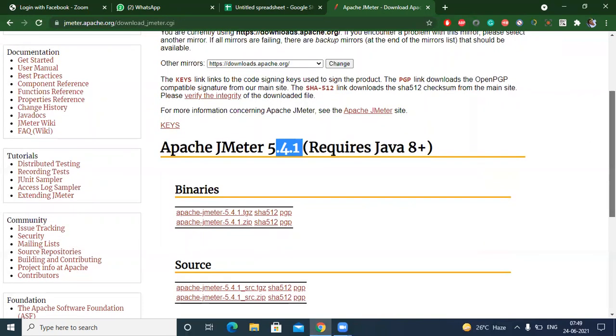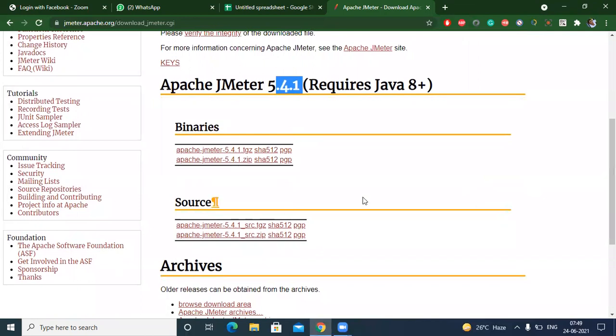And you can see we have two folders, binaries and source. Binaries means it's executable. If you want to use the tool as it is, you can use the binaries. But if you have a new requirement, some custom thing, and you want to customize the tool itself, not the code which I mentioned earlier, this is the tool itself, then you can use the source.